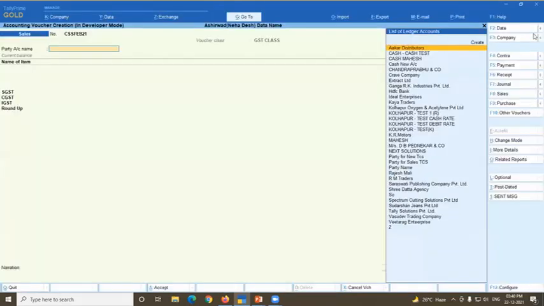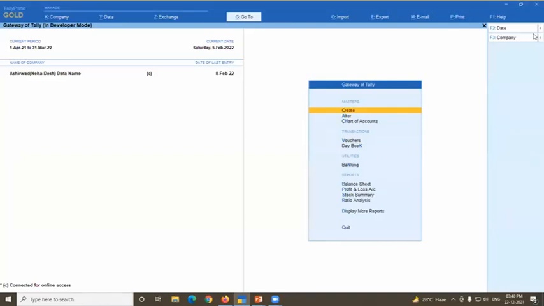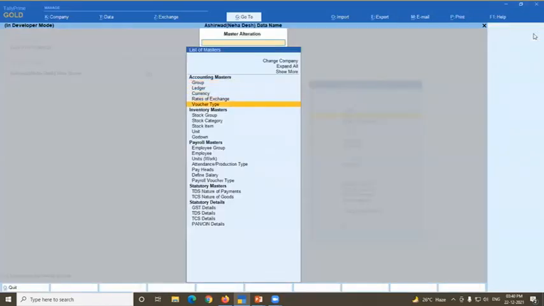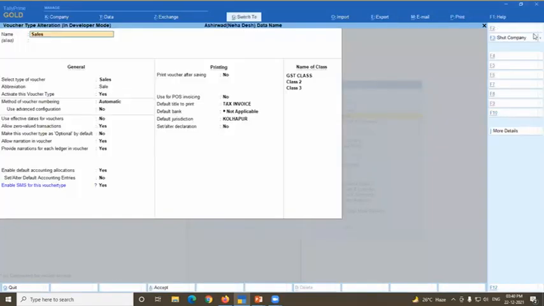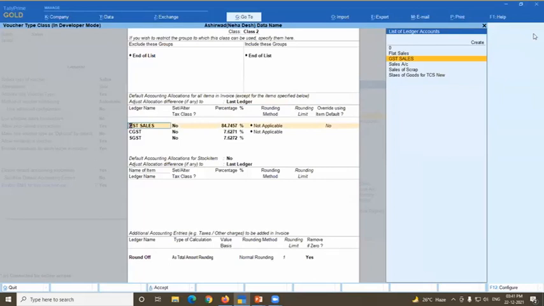Let us take another example. First, I am showing the configurations. Class 2. What happens? This is the interesting part of Tally, and many users are not aware of it. What setting am I going to do here?